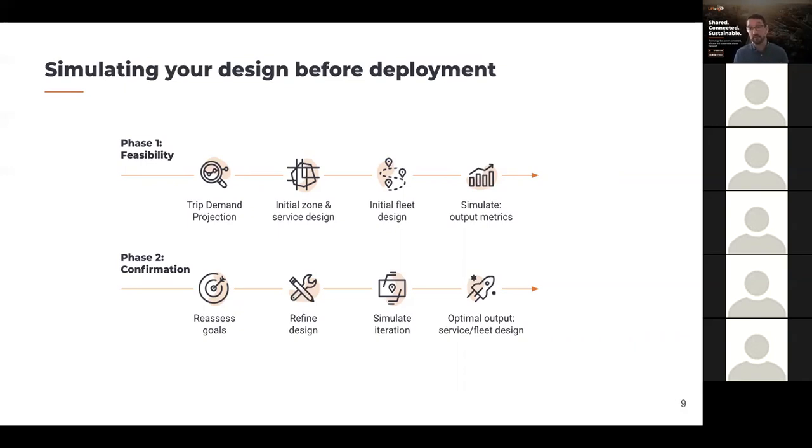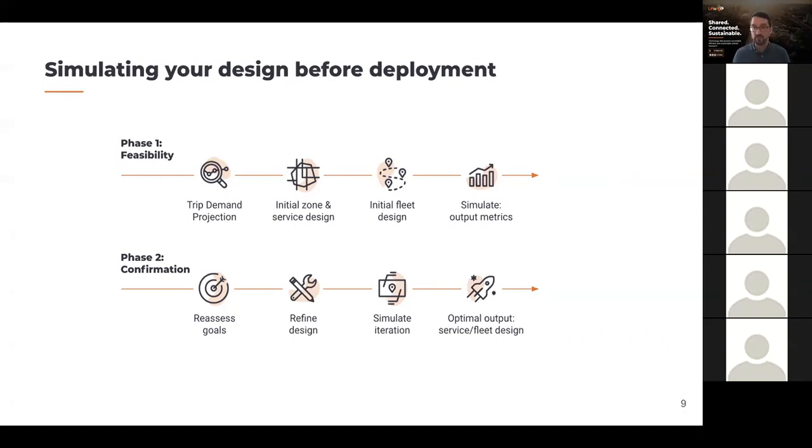And the final thing is following a framework, and it's that framework that's on the slide here. So we're using an 8-step process across 2 phases. First phase is to look at the feasibility. Is DRT right for this area at all? Assuming it is, move on to the second phase, which gets into the more detailed design work.